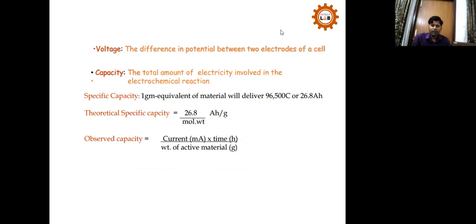See, in DC we supply electricity in only one direction. In AC, the direction of the current keeps changing, so it is not suitable for storing energy. In batteries, wherever we store the discharge, DC is required. With AC, it will not get charged because its direction keeps changing. That's why.